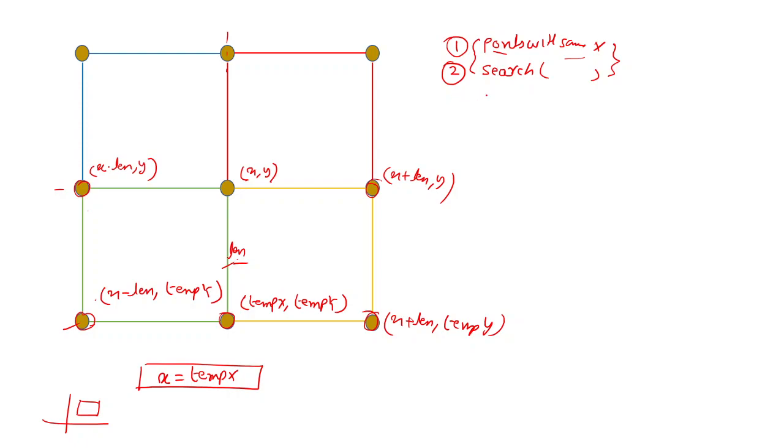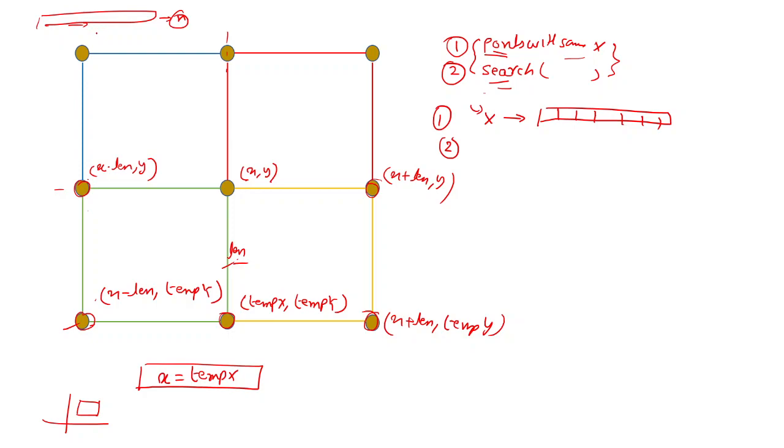Okay, so to search the points with the same x, we can use a map where the key will be the x coordinate and the value will be a list of pairs that have the same x coordinate. This solves our first problem. If you want all the points that have the same x, we can get them in order of one time. Second, when we are searching, suppose the stream has provided n points till now. If for each of these points we search the whole n, that will be problematic.